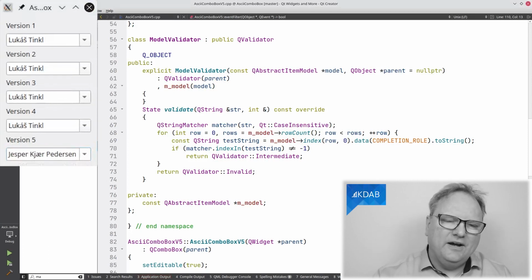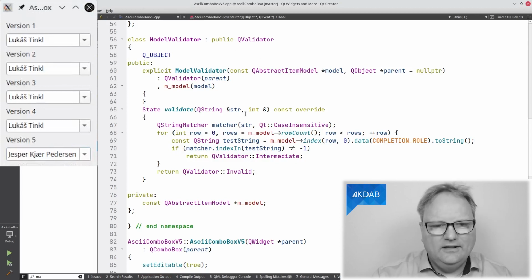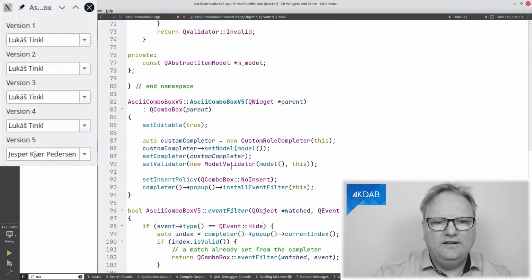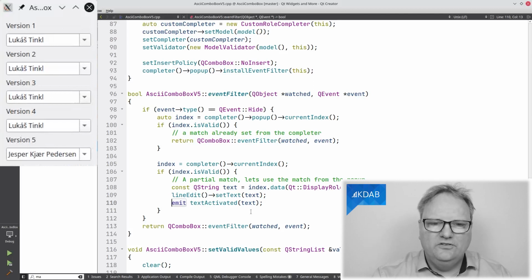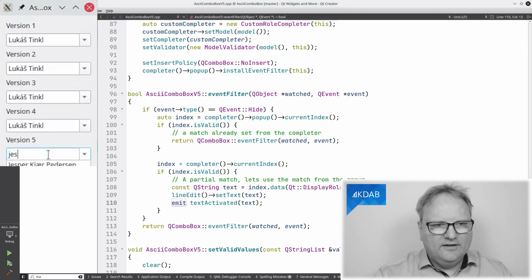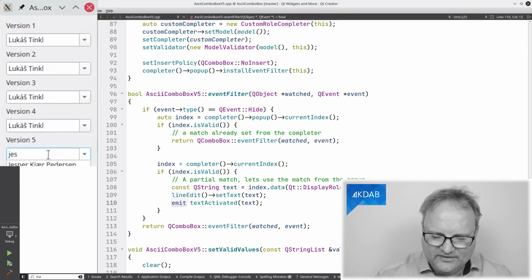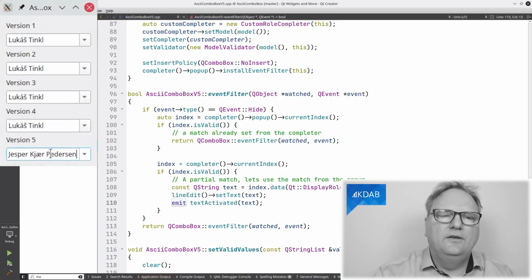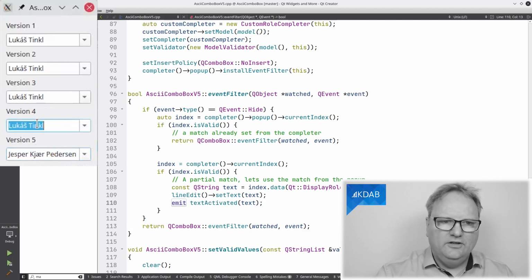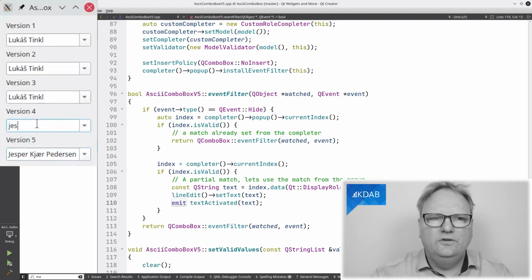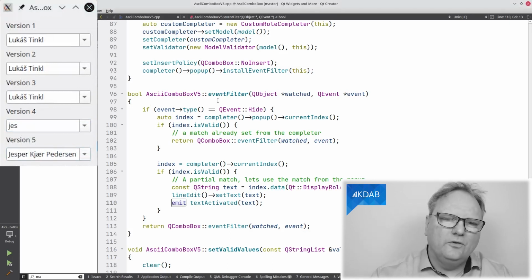The other part of the solution here is, first of all, I need to instantiate my validator, which I do here, set validator on my combo box. The other part, what's going on right here, is actually another problem that I had, namely, if I type yes and I press enter here, what I would like to happen is that it will go and fill out the first item in that list. And you can see up here, if I type yes and type enter, it will just say yes and nothing else. For that, I have an event filter installed on the item.